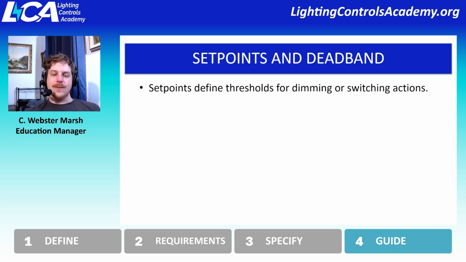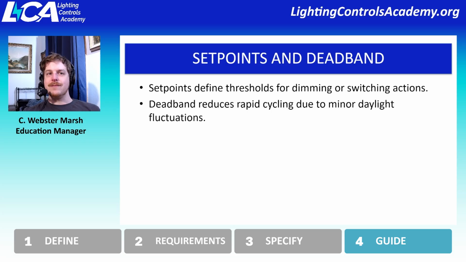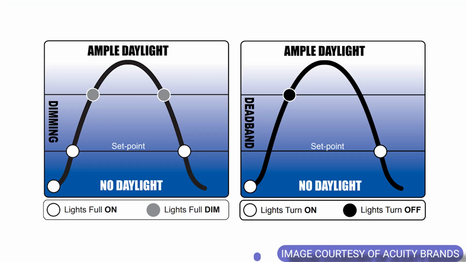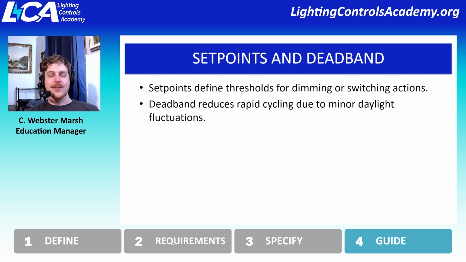So if the lights are on and the sensor then suddenly detects above 5-foot candles, it will shut the lights off. If the lights are off and the sensor suddenly detects less than 5-foot candles, it will turn the lights on. However, we also have deadband, which is how broad of a variance are we talking past 5-foot candles before it will actually trigger. So instead of directly on 5-foot candles, because let's say for instance the amount of light is not consistent for some reason, might be because of a tree that's blowing in the wind or something,